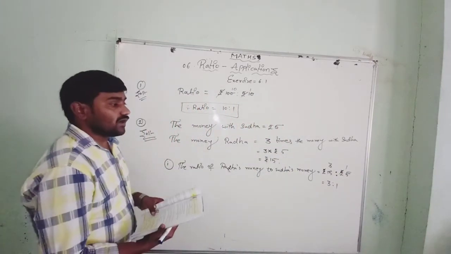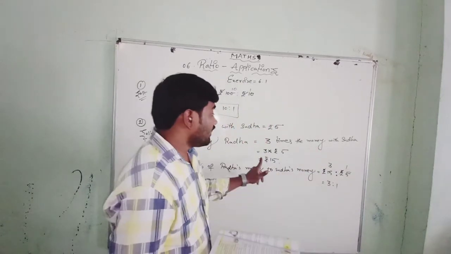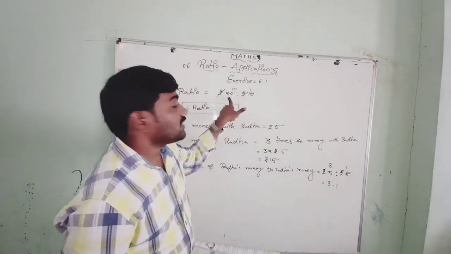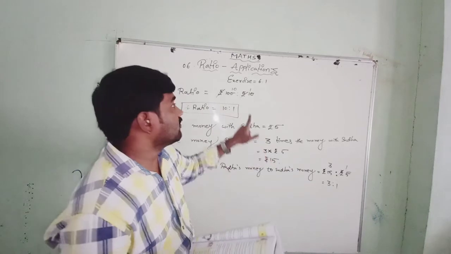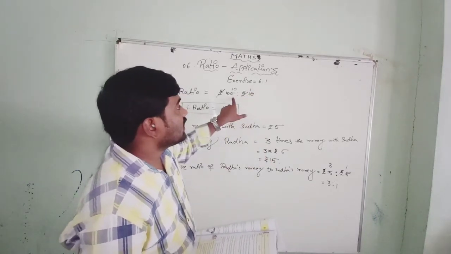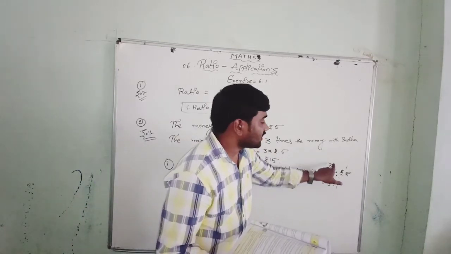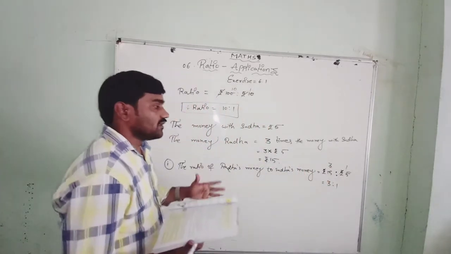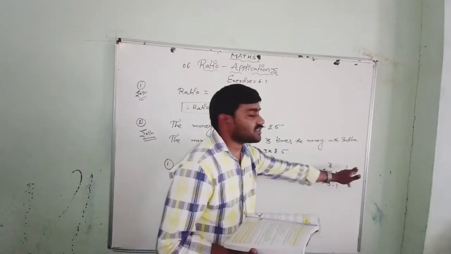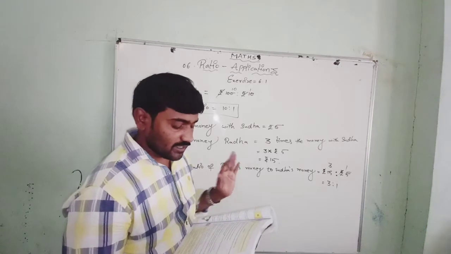So in the same table we have to cancel. Remember, whenever you are cancelling the ratio, you have to cancel in the same table. Here I cancelled in the 10 table: 10 ones are 10, 10 tens are 100. Here 5 ones are 5, 5 threes are 15. Whatever table you take, in which table it is possible, in that table we cancel.